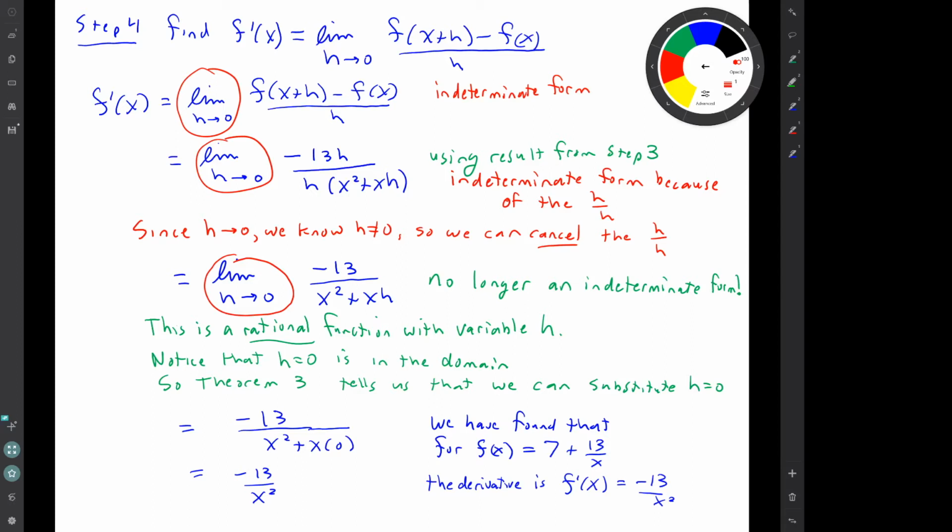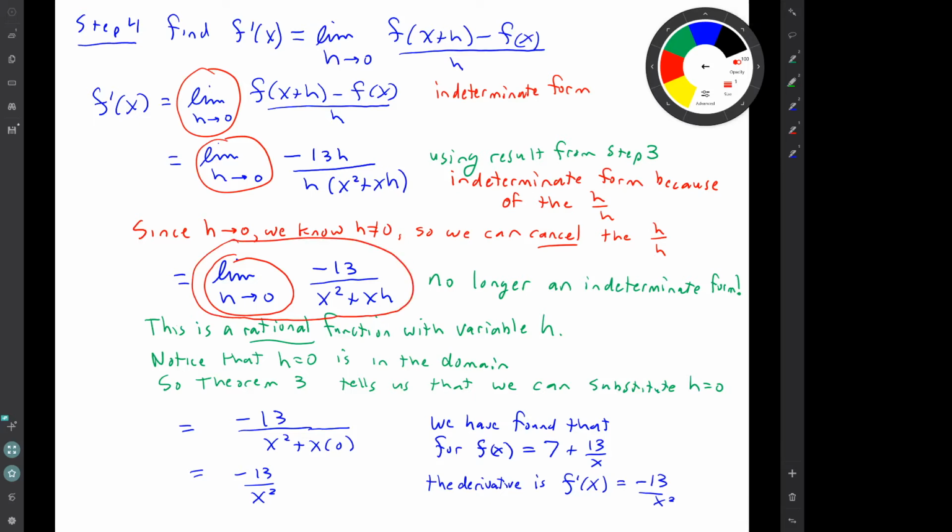We are not able to do the limit in these first couple of lines because we had an indeterminate form. And so we substituted in the rewritten form of the expression, and then we used what we knew about h to cancel the h over h,